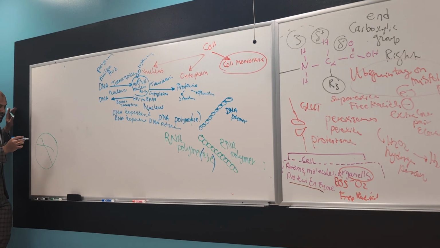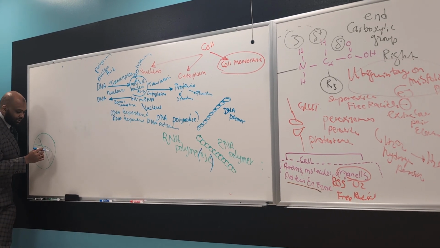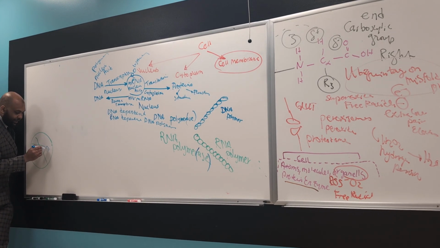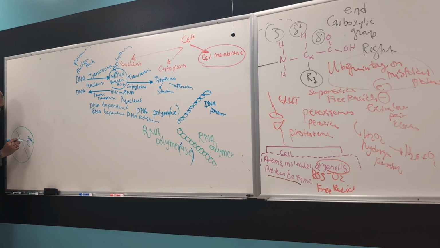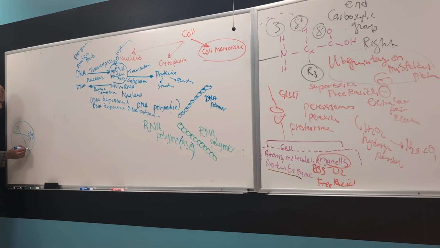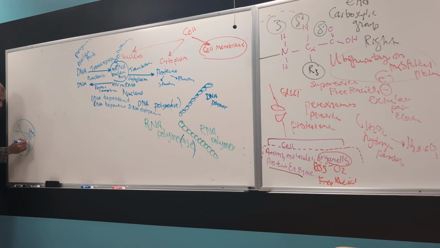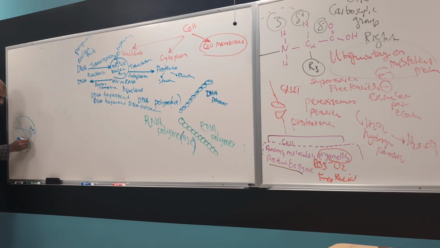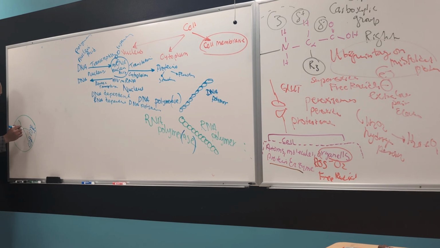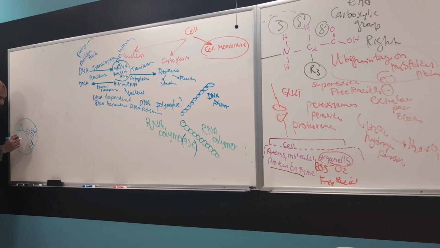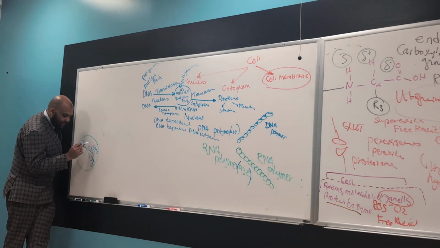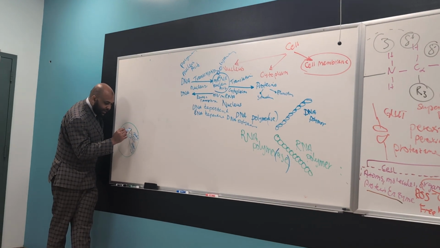If the skeletal muscle polymerase is activated, it's going to transcribe this region to get skeletal muscle proteins. If the ovum polymerase is activated, it's going to transcribe this region. That's for the ovum. If the hepatocyte polymerase is activated, hepatocyte is going to transcribe